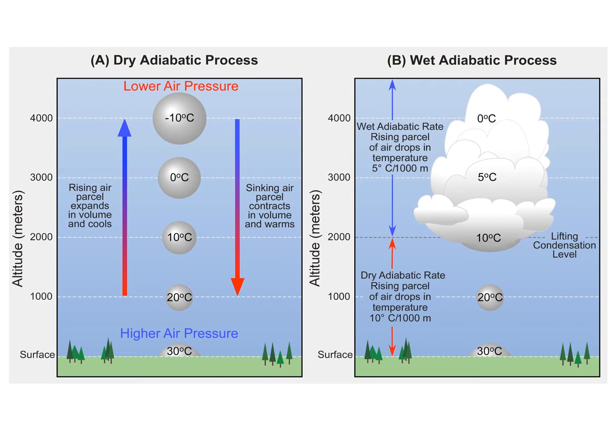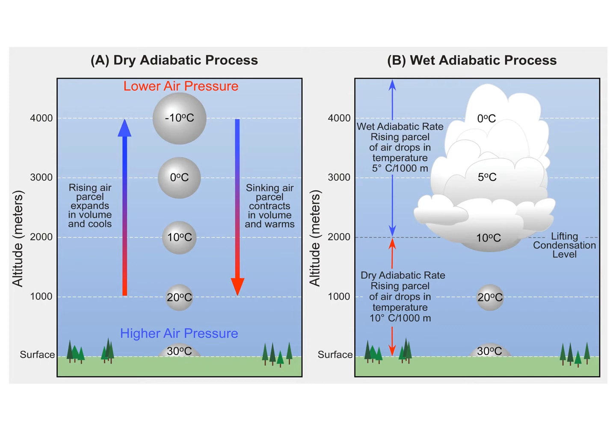And this energy addition can be explained by the adiabatic process. Now, adiabatic process refers to the change in temperature with a parcel of air as it moves up or down in the atmosphere. If the parcel is dry and is not releasing any latent heat energy because of the condensation of water,